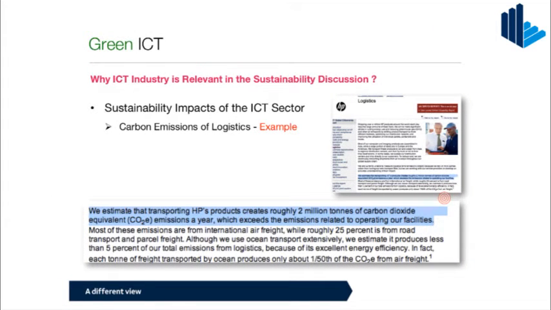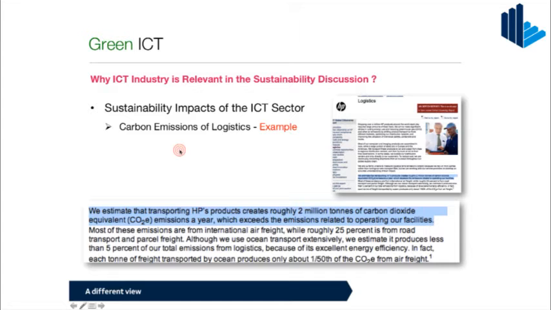Here in the slide, I extrapolated a sentence that is available on the HP website. HP is a company that is well known for being seriously engaged with sustainability, and in their section of the